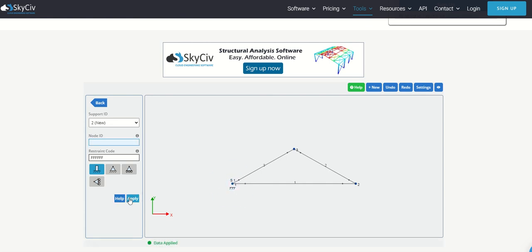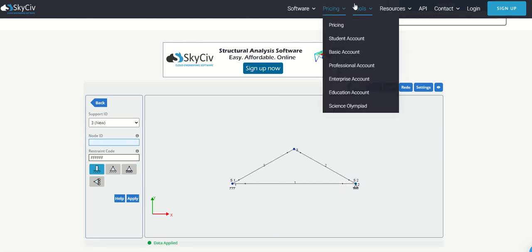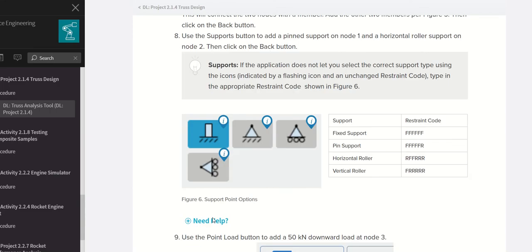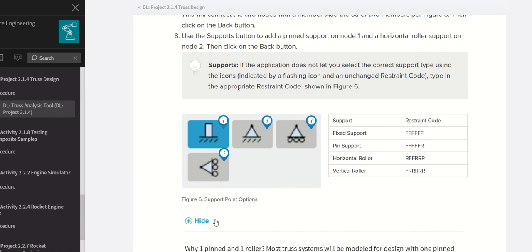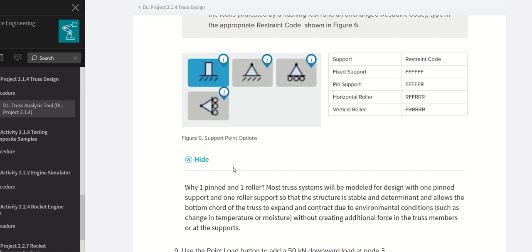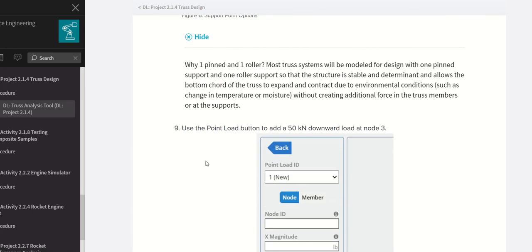Apply. Then the horizontal roller support, which is this one, I click, and I want it at node 2. Apply. Okay. I already completed it, and then you have this extra help if you want.